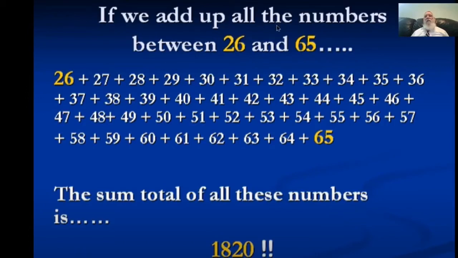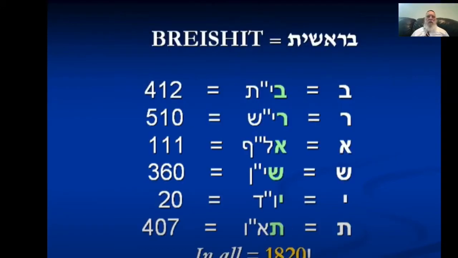If you add up all the numbers between 26, which is the name of God, Yud Kay Vav Kay, yes, we remember, Yud Kay Vav Kay, secret of God, and 65, the name of God, Adnut, which is power of God. If you take 26, then count 27, 28, and so on up to 65, the sum total for all these numbers is 1820, secrets of God and the power of God. This is what the Torah shows. Amazing. Then, as we saw already, Bereshit,